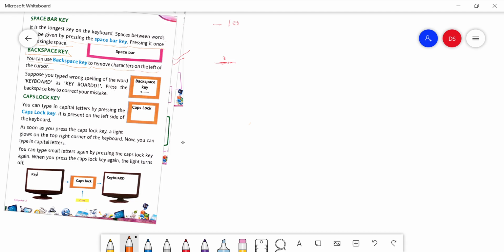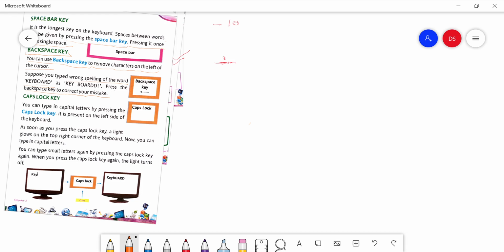Wherever the cursor is positioned, when you press the backspace key, it will delete the character on its left. Suppose you typed the wrong spelling of the word keyboard, press the backspace key to correct your mistake. For solving mistakes, we need to use the backspace key. The backspace key is used to remove characters on the screen.